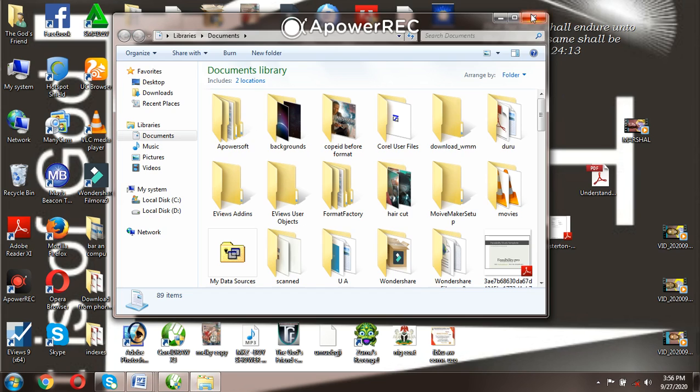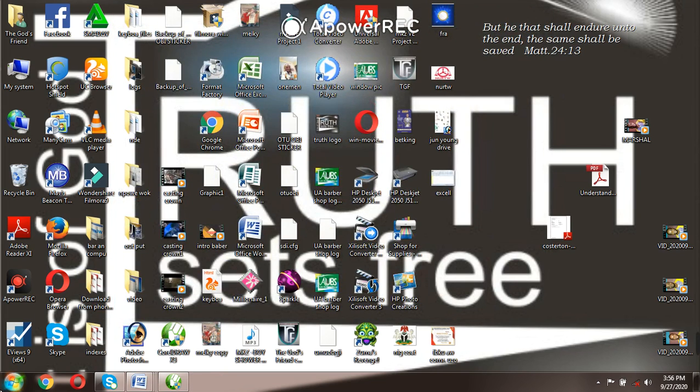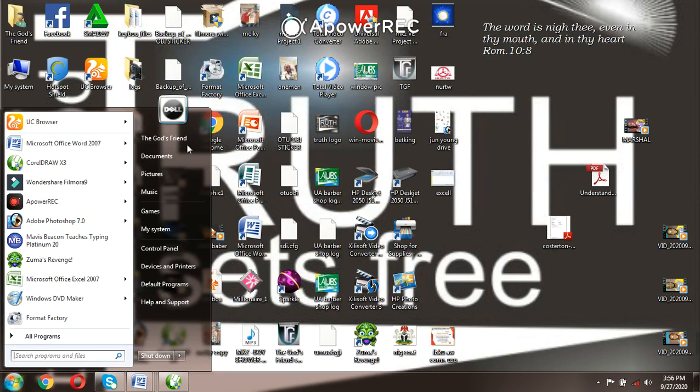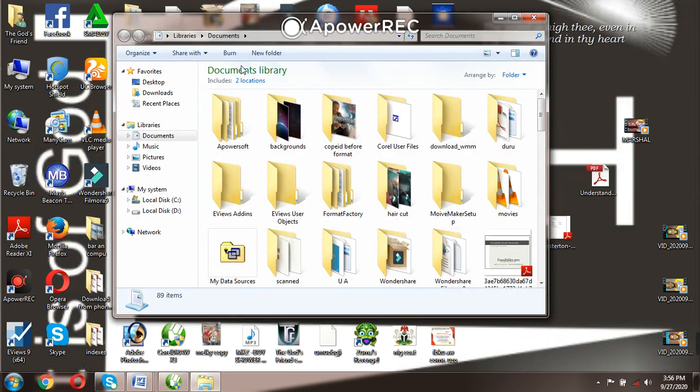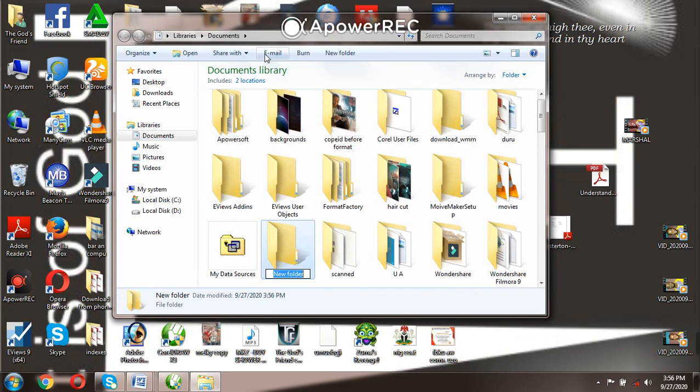In order to achieve that, it's always simple. You come to Start, you come to Documents. Now you see New Folder, you just click New Folder. A new folder will appear with a highlighted name. For you to change the name, you could say